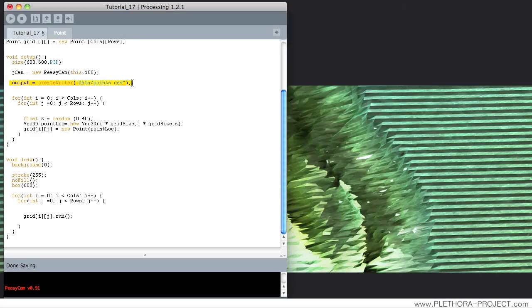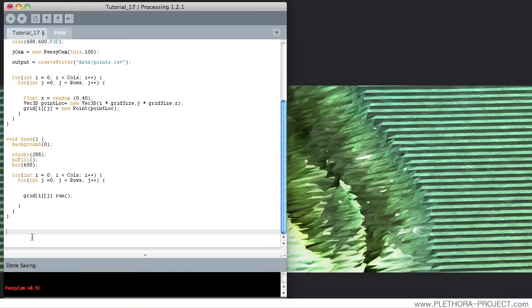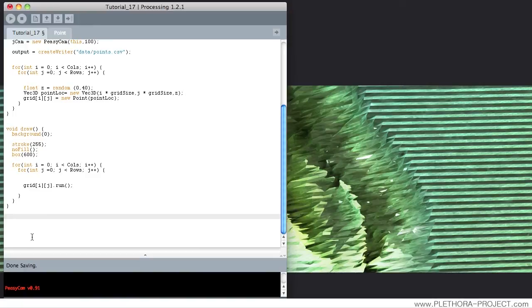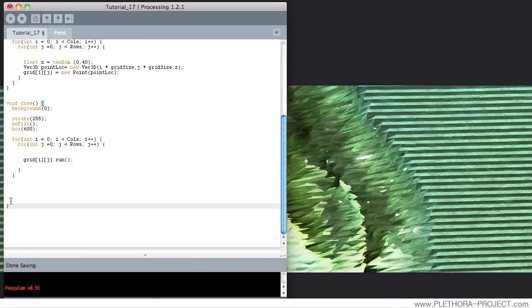So what we're doing with this line is opening a blank file, and we need to now say something like, okay, if something happens, we will record some information into that file, right? So let's say void, and actually we can do it here inside the draw, so it's simple. Just make sure that you do it outside the for loop, so after the last curly bracket of the draw function, and we're going to say if keyPressed, right? So if there's any key in the keyboard pressed,